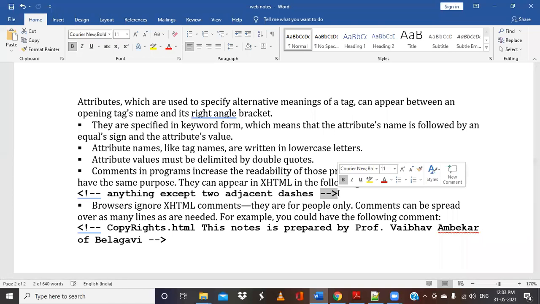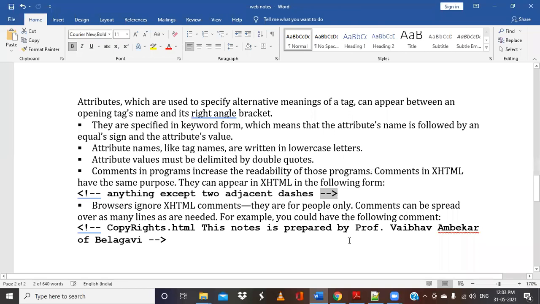ignores these comments. Basically, to compile C programs and so on, we require external tools like compilers. But in this case, the browser itself acts like a compiler. Whenever we want to run or compile this, we'll be using the browser as the tool to run our programs, our HTML files or documents.